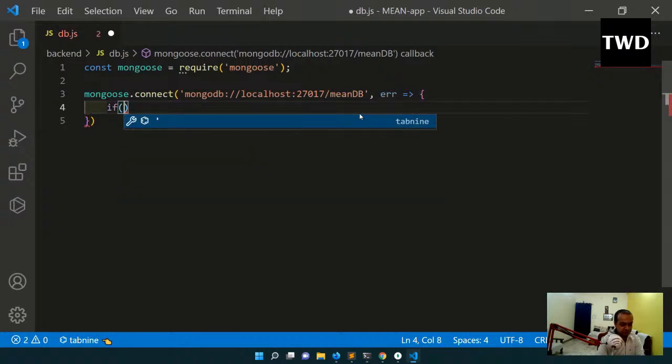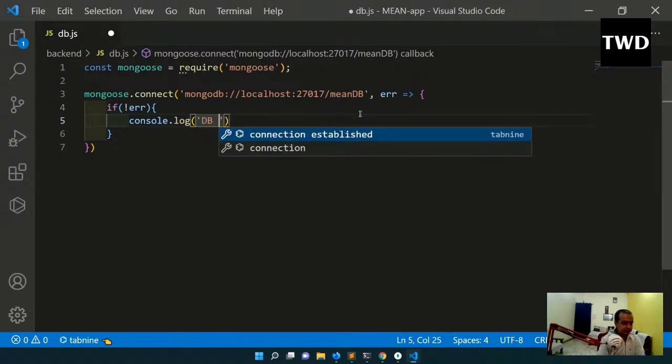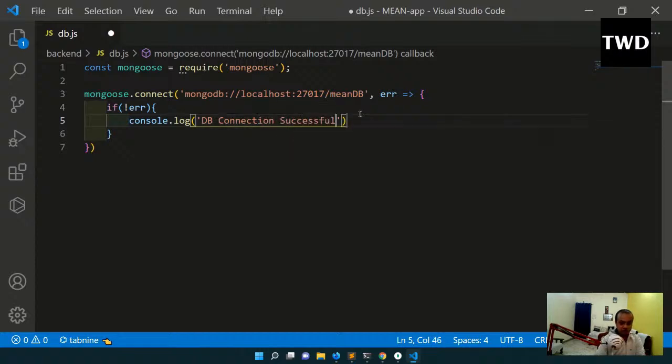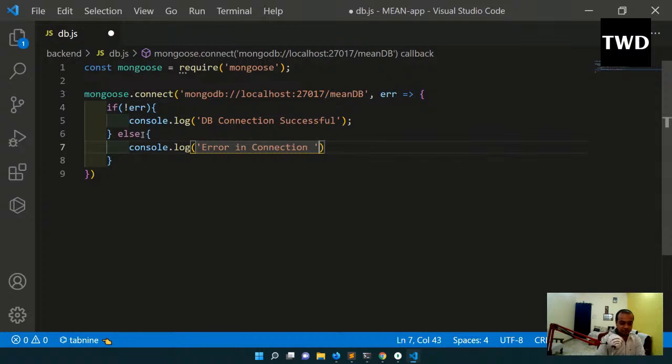if not of error, then console log db connection successful, and else error in connection plus error. So the error is there, so we'll give the error, and then we have to